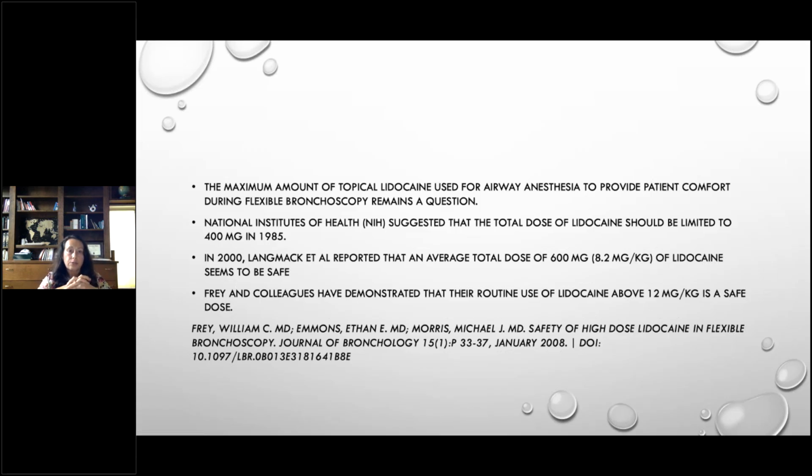The reason for such a discrepancy, in my opinion, lies in the different methods of administration. So in this particular study, Frey was administering 2% viscous lidocaine for the nasal mucosa, and they nebulized 4% total lidocaine as an oral nebulizer inhalation, and then they used 1% topical lidocaine for additional upper and lower airway as spray-as-you-go technique. So the total dose administered was about 500 milligrams of topical lidocaine,